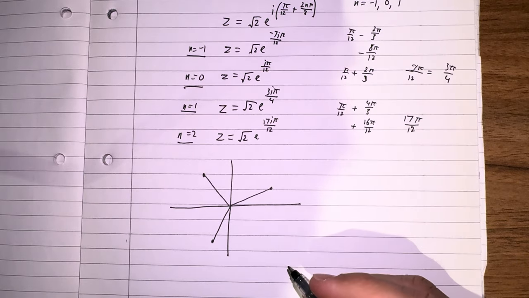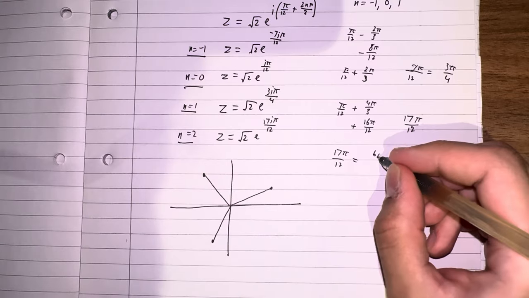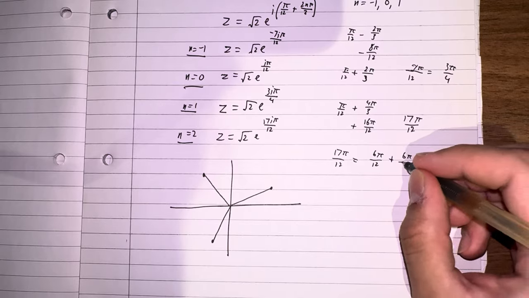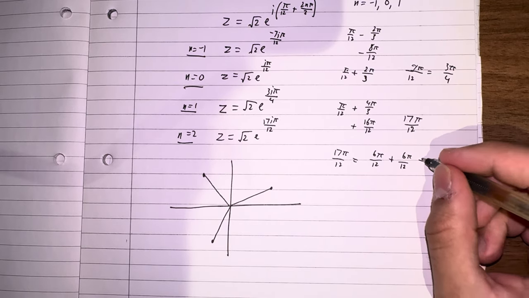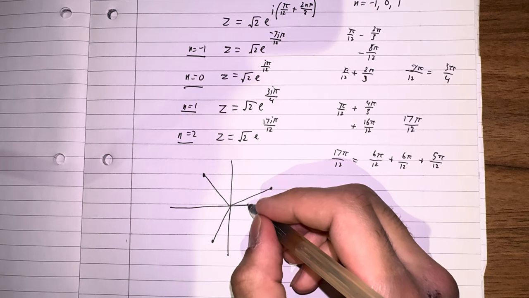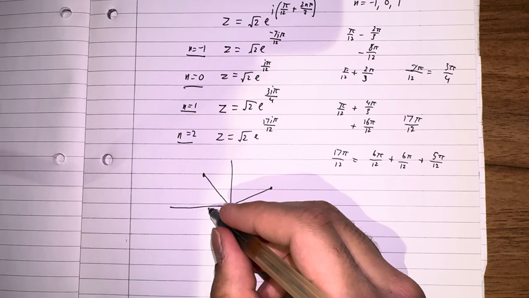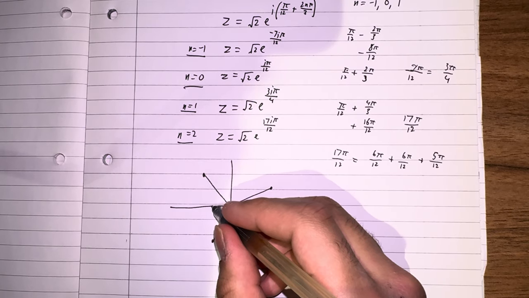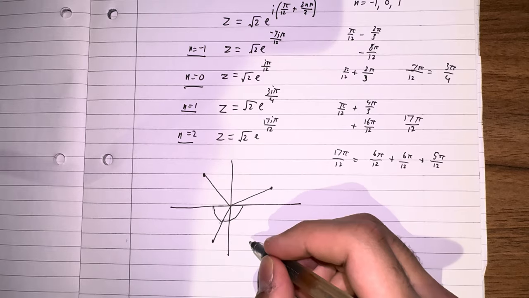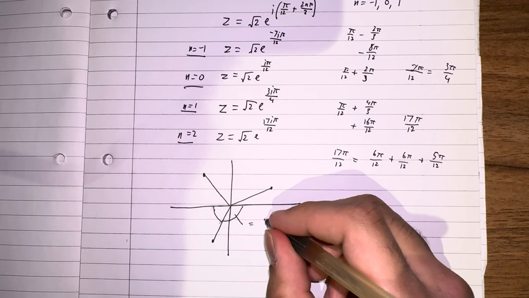Now, let's choose 17 pi over 12. So 17 pi over 12 is equal to 6 pi over 12, which is 90 degrees, plus another 90 degrees, 6 pi over 12, plus 5 pi over 12. Okay, so we'll go here, that's 90 degrees, another 90 degrees, and then 5 pi over 12. That's actually going to end up here, because this angle from here to here is equal to this angle here taken away from 180, or just pi. So this angle here is equal to pi,